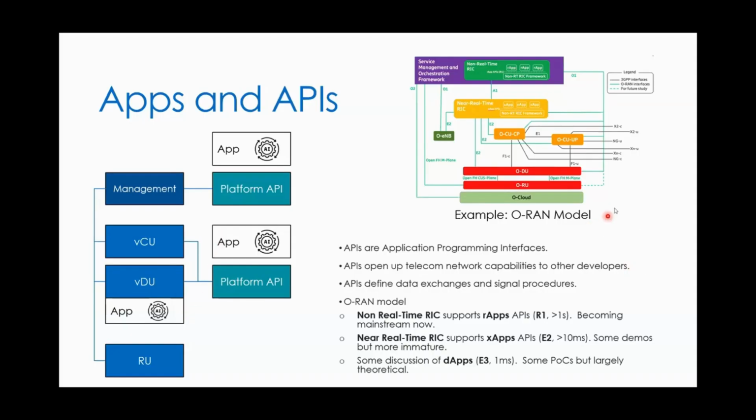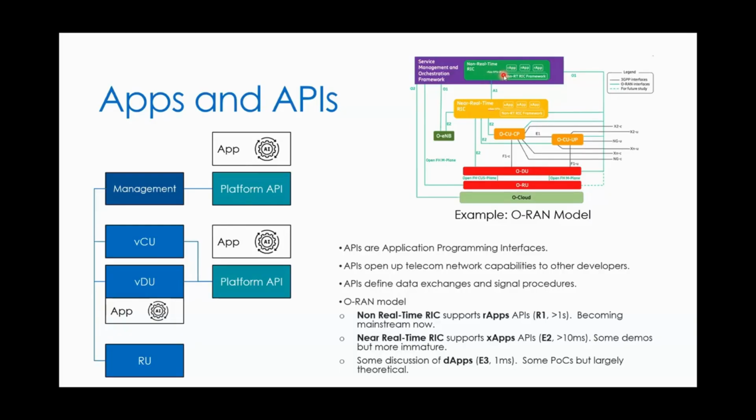In an O-RAN model, if you've seen that picture before, there's the concept of the RICs. So I have my CU, CU-CP, CU-UP, and DU and RU. So that's kind of the traditional gNodeB. Then there's the non-real-time RIC and the real-time RIC. So the non-real-time RIC sits up in what's called the SMO, or the Service Management and Orchestration Framework, which is, you can sort of picture as kind of the network management layer.